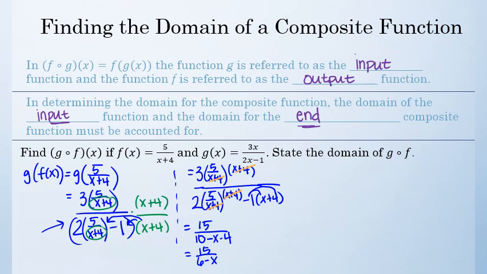Now, for stating the domain. We need to take into account the domain of the input function. Our input function was f of x, so the domain of that is x cannot equal negative 4. And then the domain of our end composite function: for this one, x cannot equal 6, because the domain is all the values that you can input to get output values. Here, our input value of 6 would give a denominator of 0, which we cannot have. So the domain of the composed function